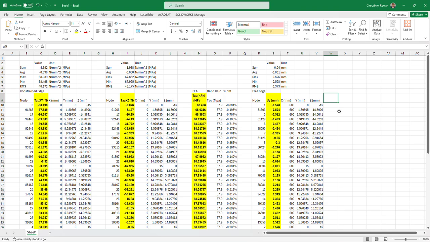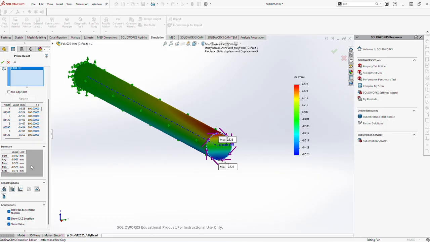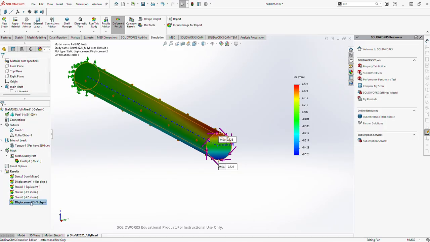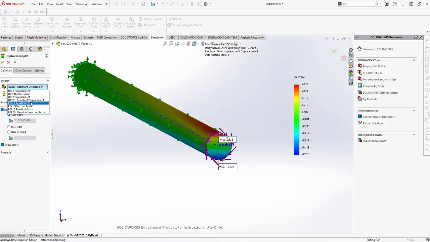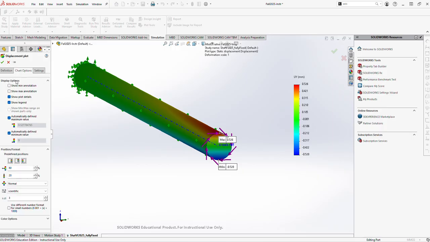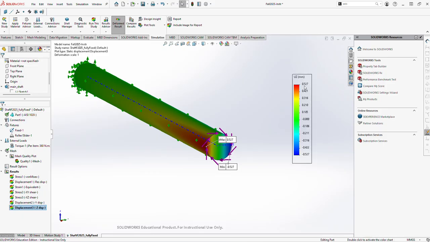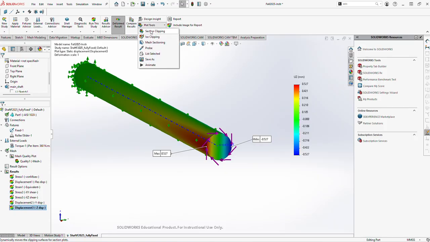Okay. And after that, I will now quickly calculate the value of UZ. So I will again click results, define displacement plot, and I will plot UZ, true scale. Okay, and now you can see here it's 0.527, so the value is almost the same, but the location of the max and min is different, and you can actually now use the probe tool